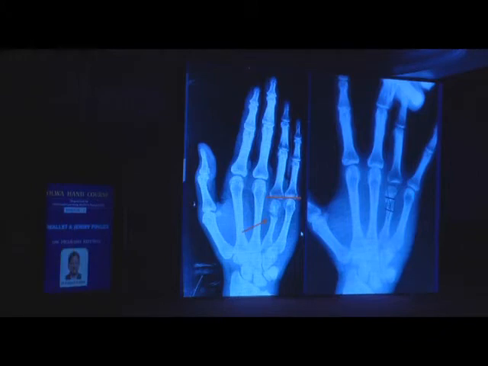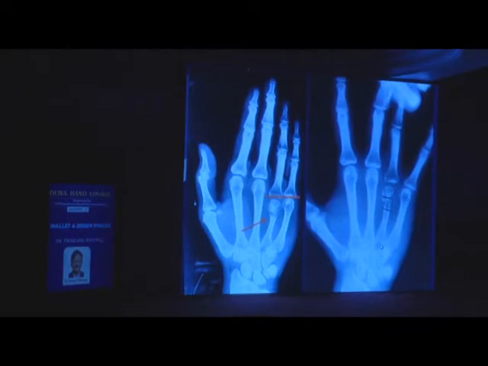you can do preoperative evaluation, preoperative planning, which means you will need to... This is a little non-union, so you will have to freshen up the edges, put a bone graft here, and you can fix it in many ways, but you can also fix it with crossed K wires, avoiding the extensor tendon as showed by Shailesh.